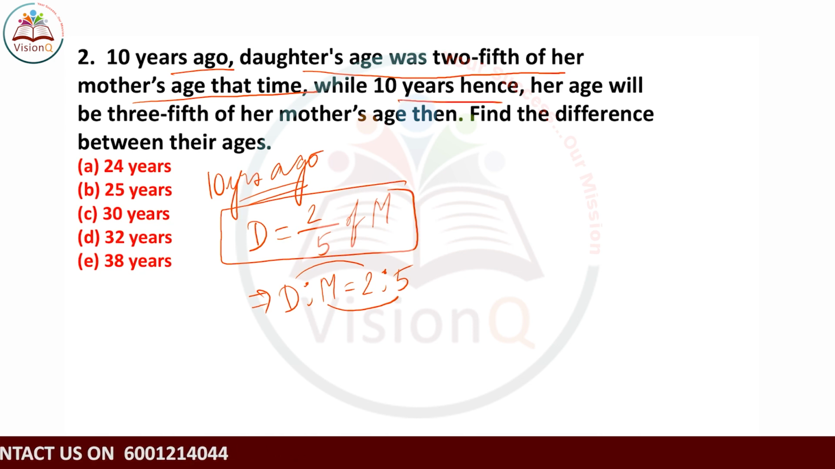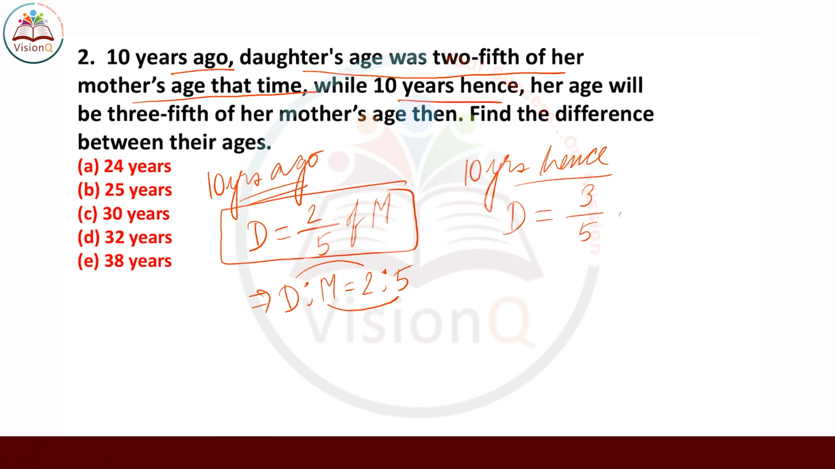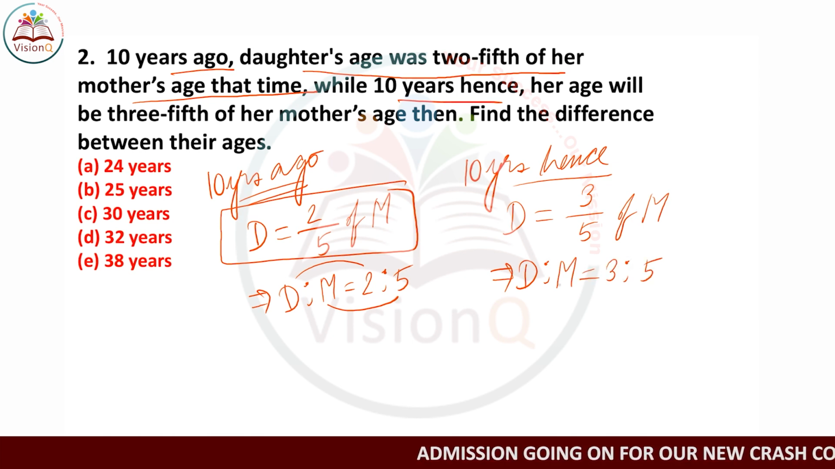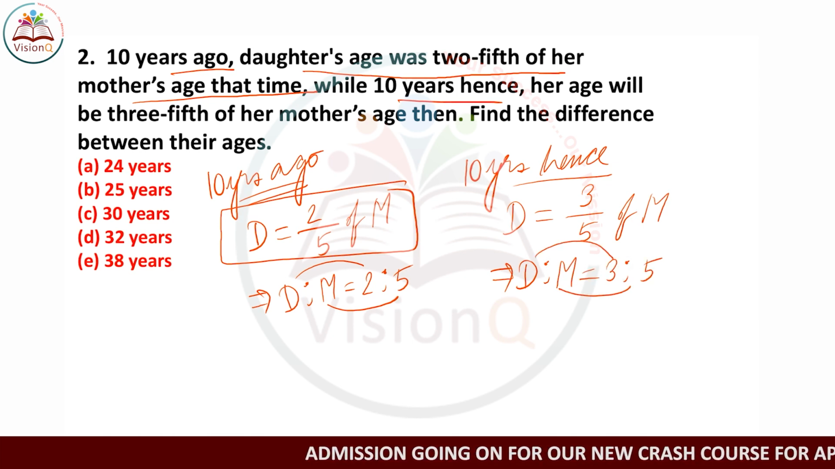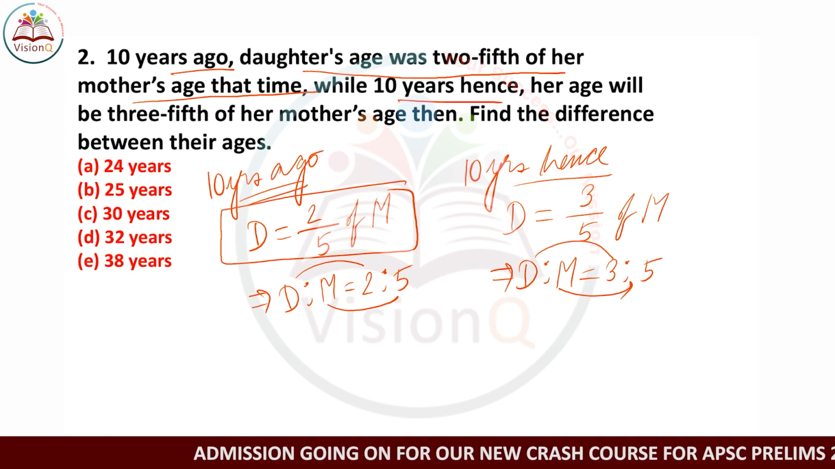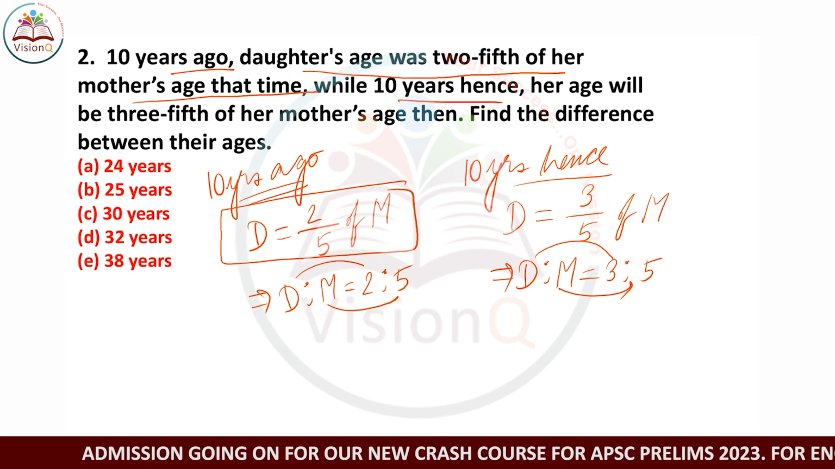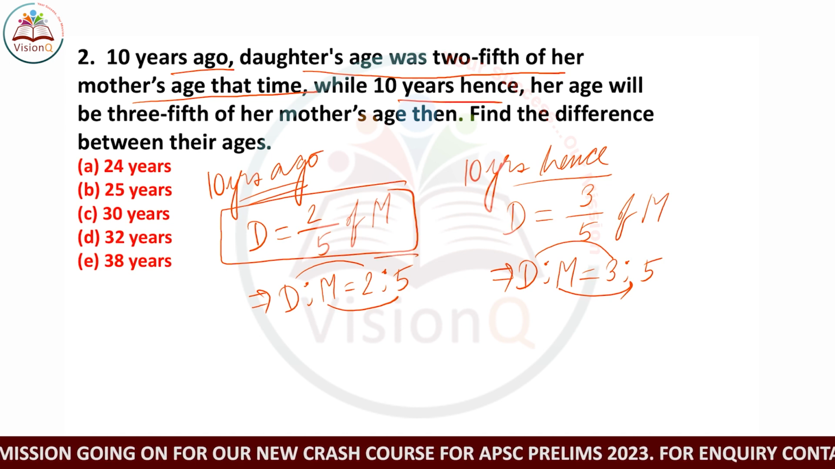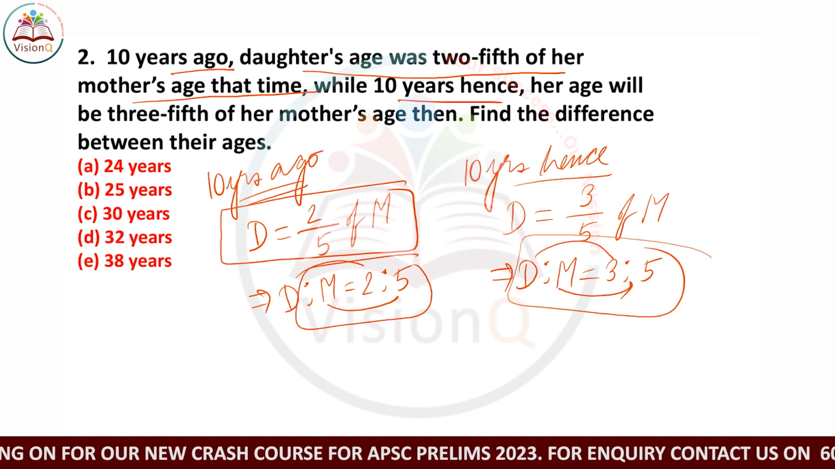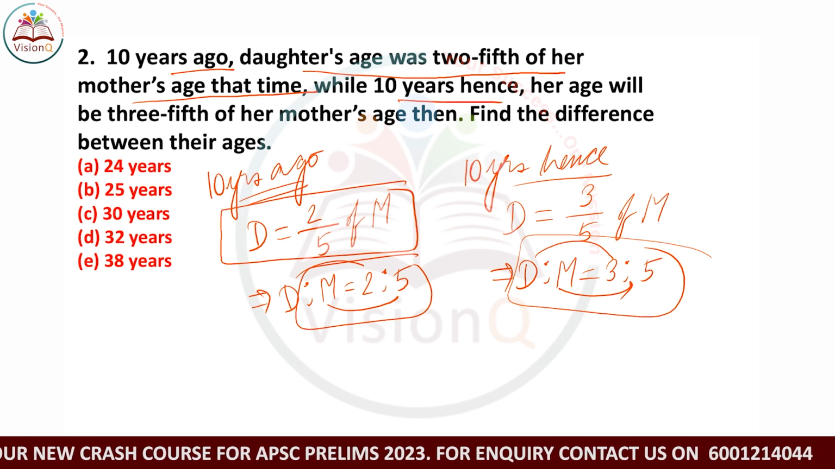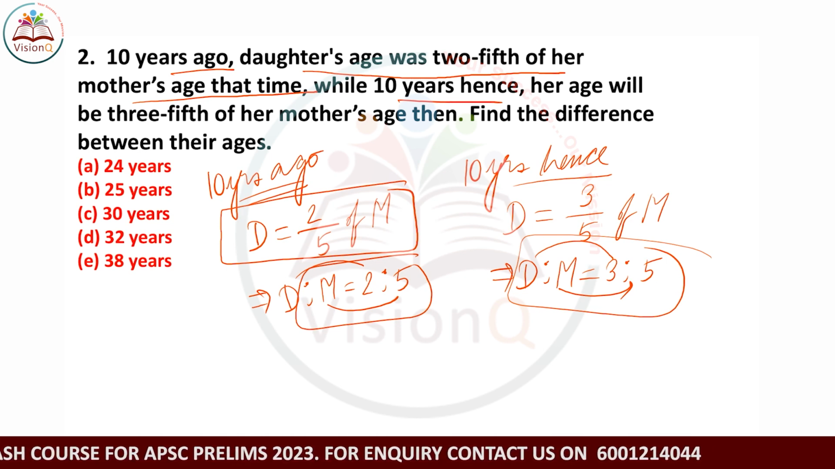While 10 years hence, that means in the future, after 10 years, her age will be 3/5 of her mother's age. So from this, again I will get the ratio between the age of daughter and mother. So daughter is to mother's age ratio will be 3:5. If the daughter's age will be 3 years, then mother's age will be 5 years after 10 years. So now the same concept as the first example. You are given two ratios here. So whenever you are given two ratios and their gap,